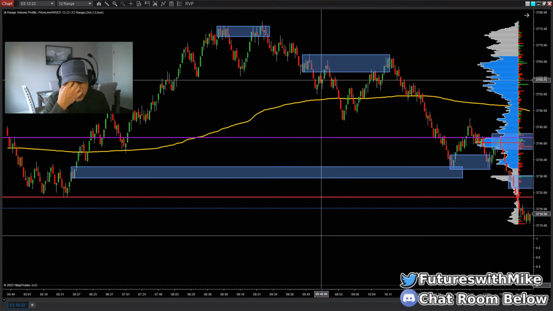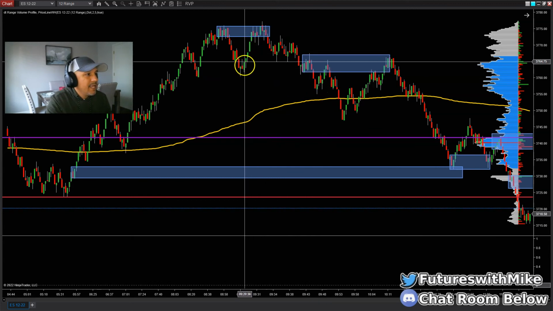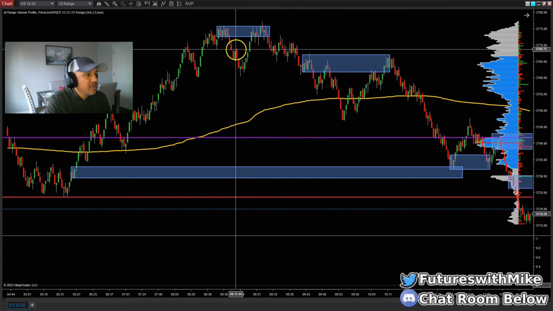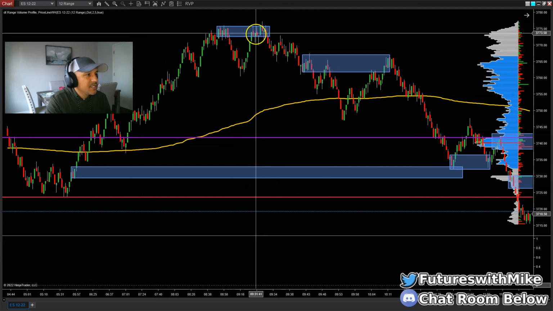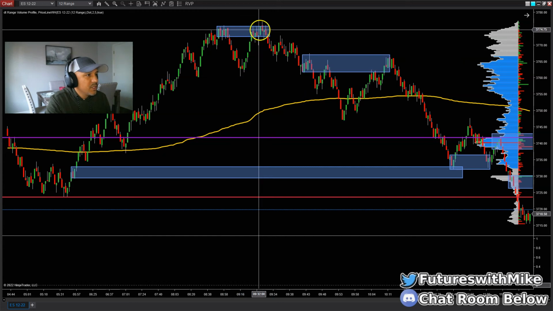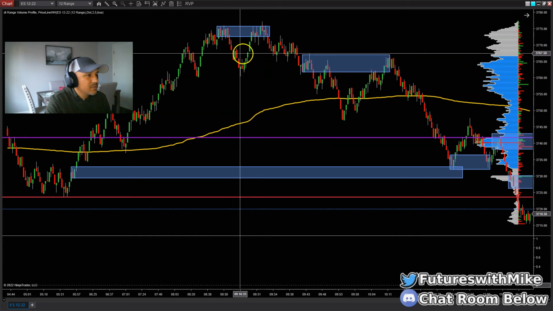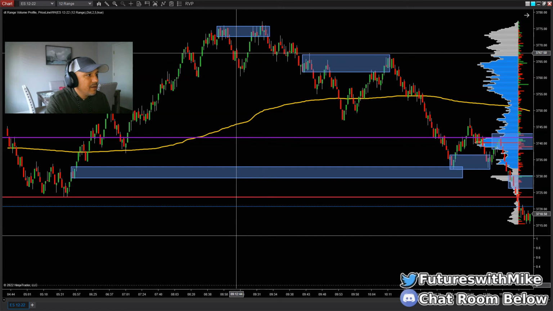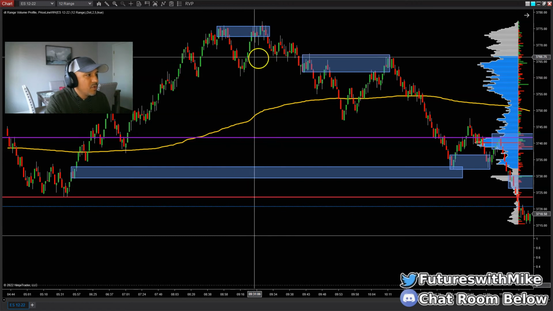Now sometimes price will, in this instance right here, as it returned, break structure, meaning it took out this little swing here to the upside. So you have to count that as well, because once price rejects this area, it could come down here and pause right here, because there's a possible area of support sitting in this area here.